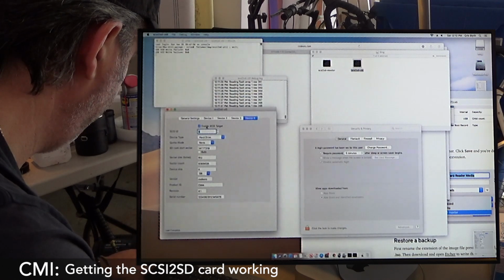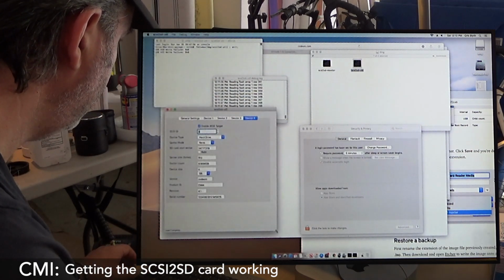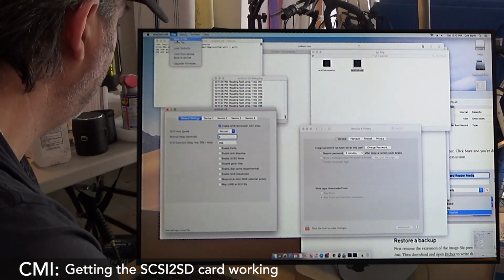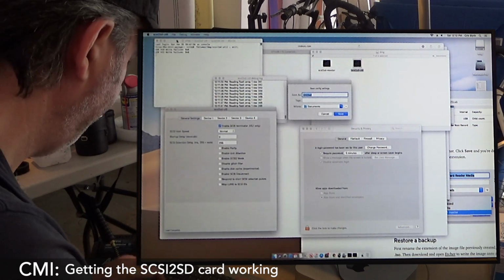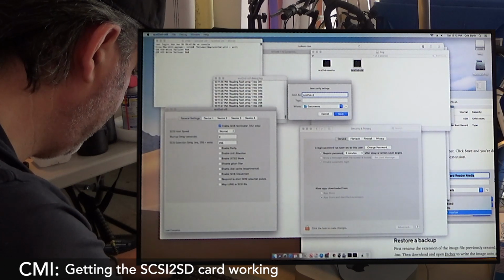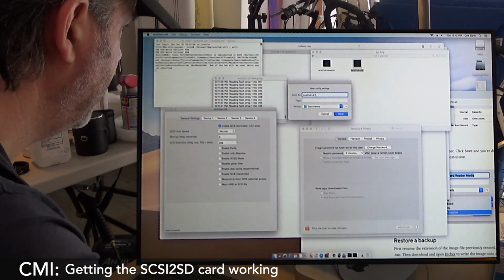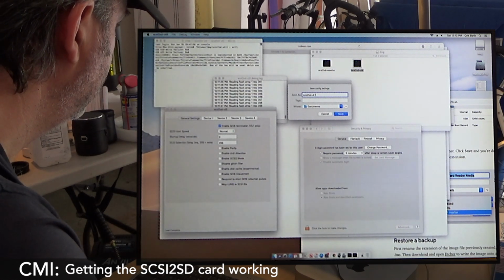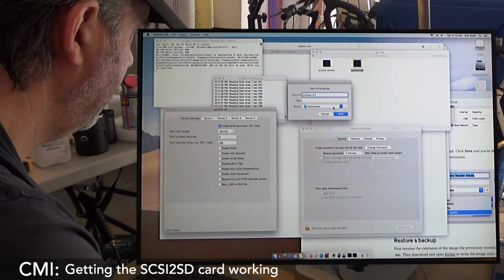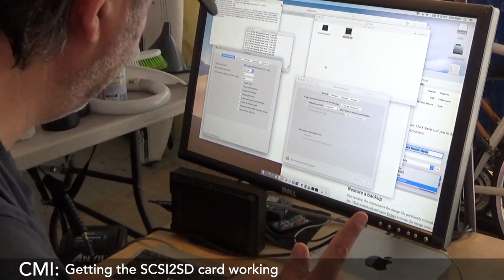And I wouldn't, you know what, I can try it though. Why not? So let's just go to here and let's actually save the file. Alright, so SCSI to SD 4.1. Let's just try that. Alright. Save. If I try and connect